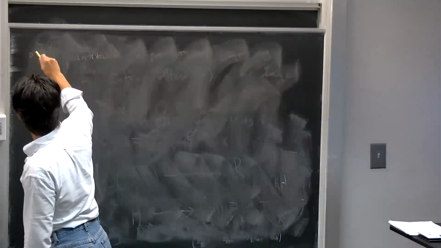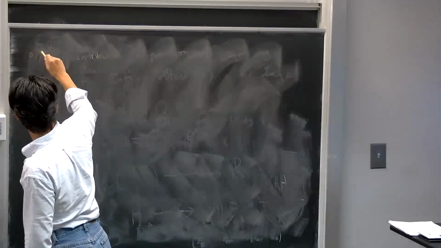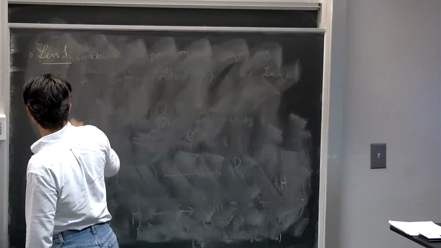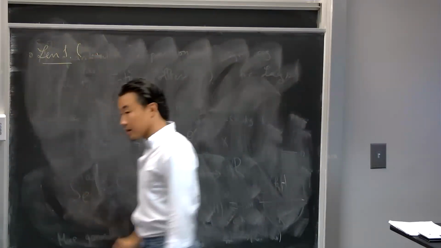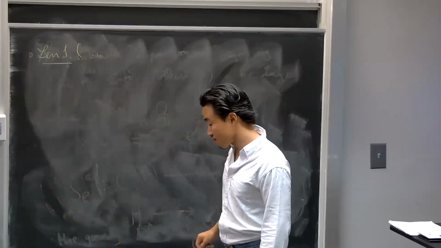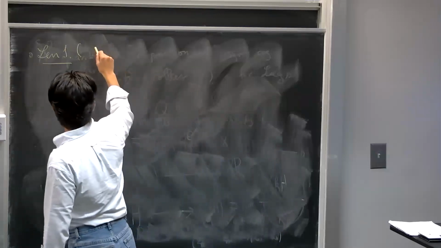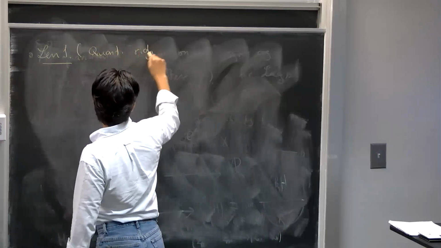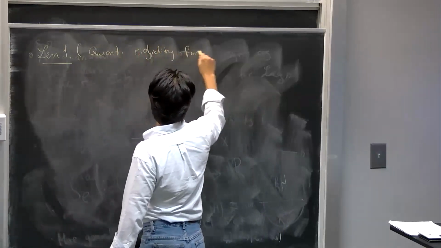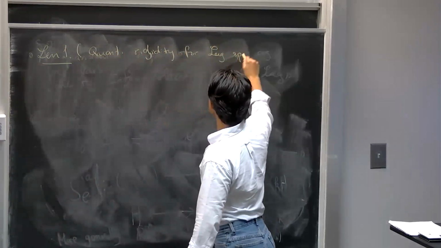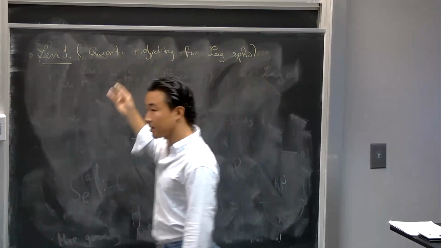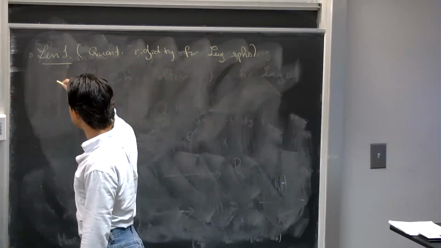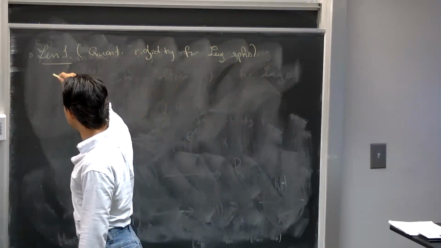So the two key ingredients. So let's say lemma one. This is what I like to call the quantitative rigidity for Lagrangian spheres. So I've been talking about sets, but now it's a quantitative rigidity for Lagrangian spheres. So in fact, under the assumption